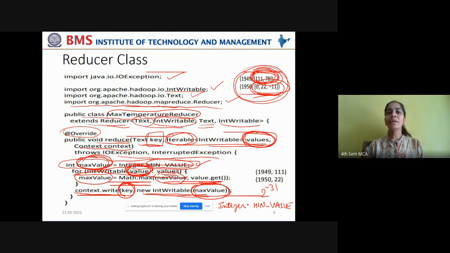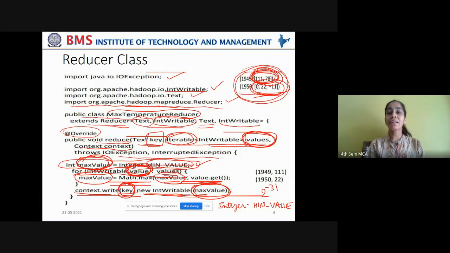Key is of what type? Text type. And remember, this key instance is already created for the context object in the map function. That is why we are not using the instance here. If you are following very carefully what I am explaining, you might have got a doubt: why haven't you created a new instance of Text for this key class? Appreciate your students if you got this doubt. In this case, we already created an instance for this key variable in the map function.